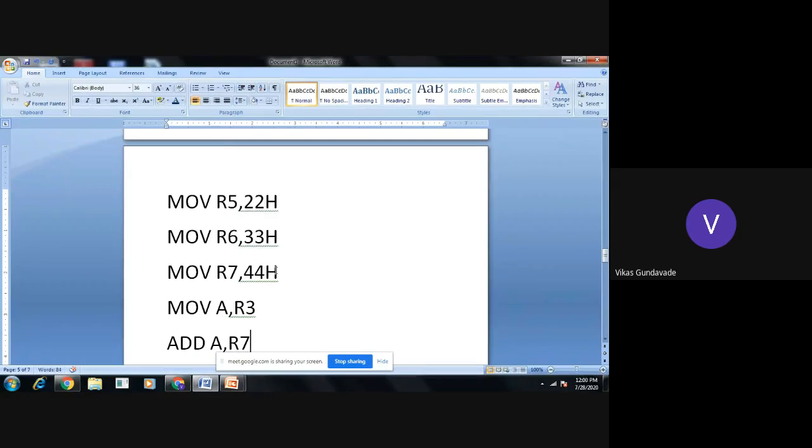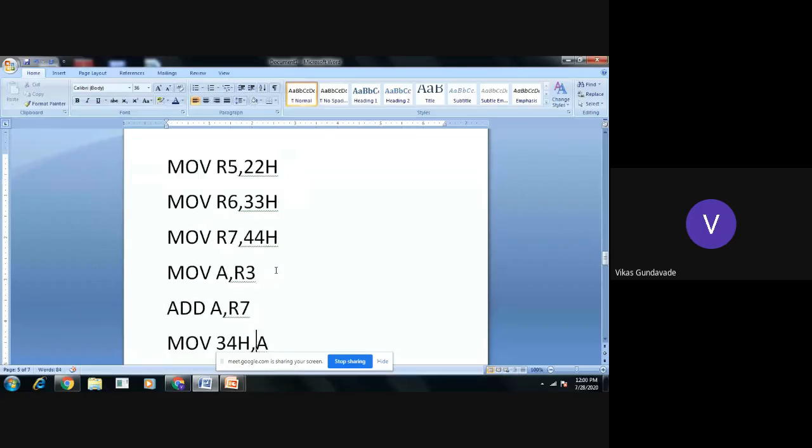So the first number, from R3, is taken into the accumulator with the instruction MOV A, R3. After that, we have added another lower 8-bit number into the accumulator, so the result will be available in the accumulator. So here ADD A, R7. Here we have done the simple addition, because we need not consider the carry since it is the lower 8-bit addition. So the accumulator gets added with R7 and the result is available in the accumulator.